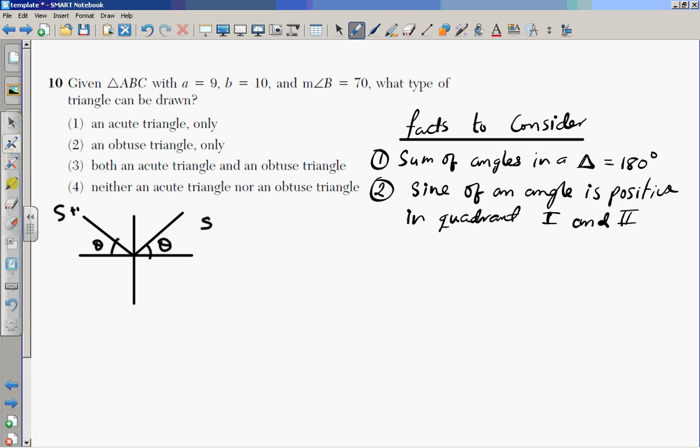So sine is positive in quadrant 2, and sine is also positive in quadrant 1. So keep that in mind, alright? Anytime you take the inverse sine, you have to check these two quadrants to see which of the angles work. Alright, so let's keep that in mind. And then last but not the least thing to note, number 3, is that an acute angle